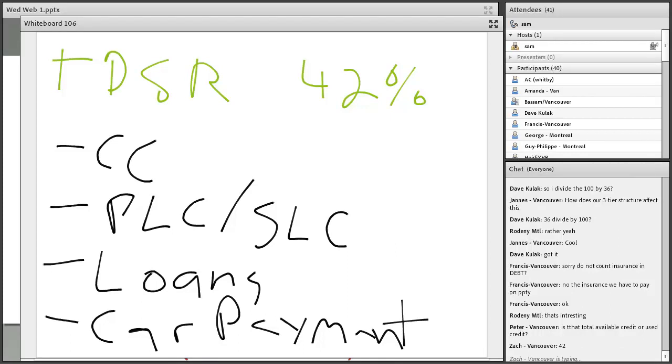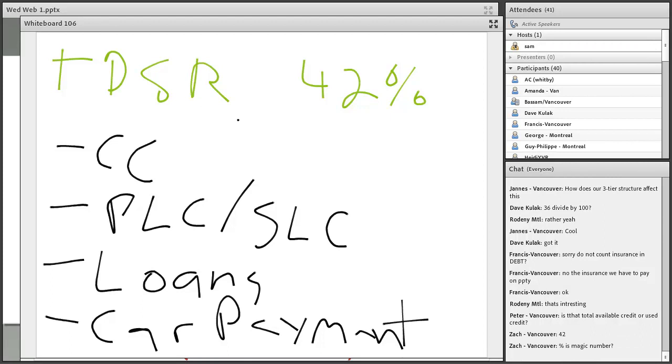So what they're looking for here, this is where it depends on the lender. Let's say your credit card balance is $5,000, and you've got no loans, no personal lines of credit, maybe you got a car payment of $300. So 42 is the magic number, correct? Zach in Vancouver. 42 and under. Now, again, exceptions can be made if you're at 43 or 44 and everything else looks good. Remember that. But at some point, they're going to cut you off, and that's typically around 42.